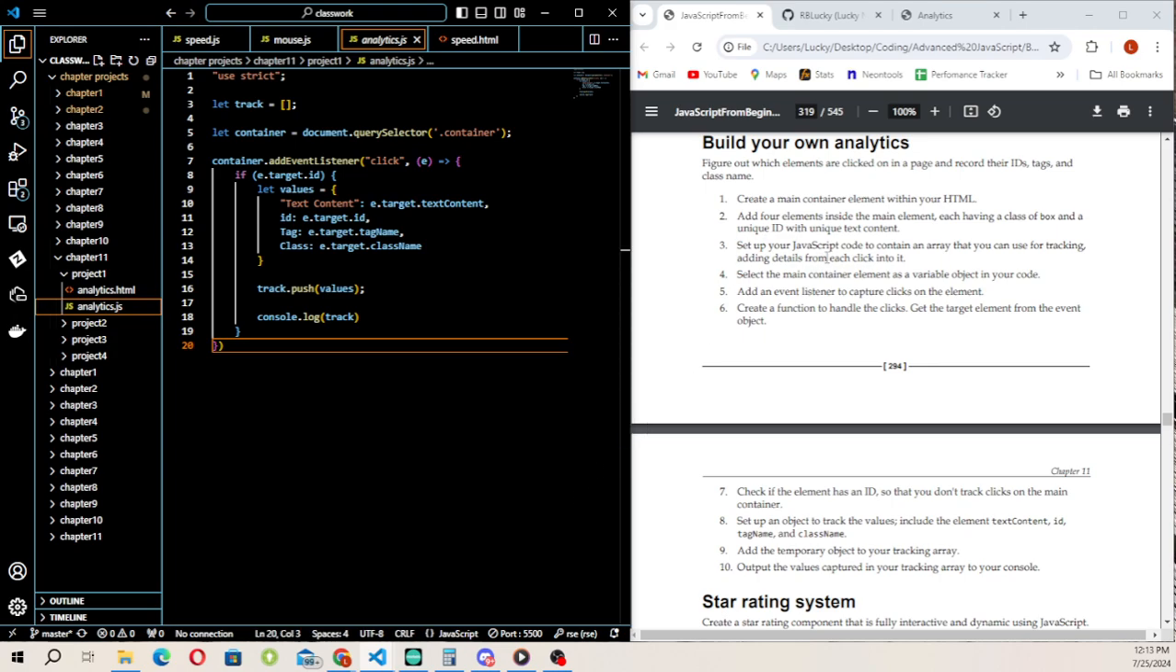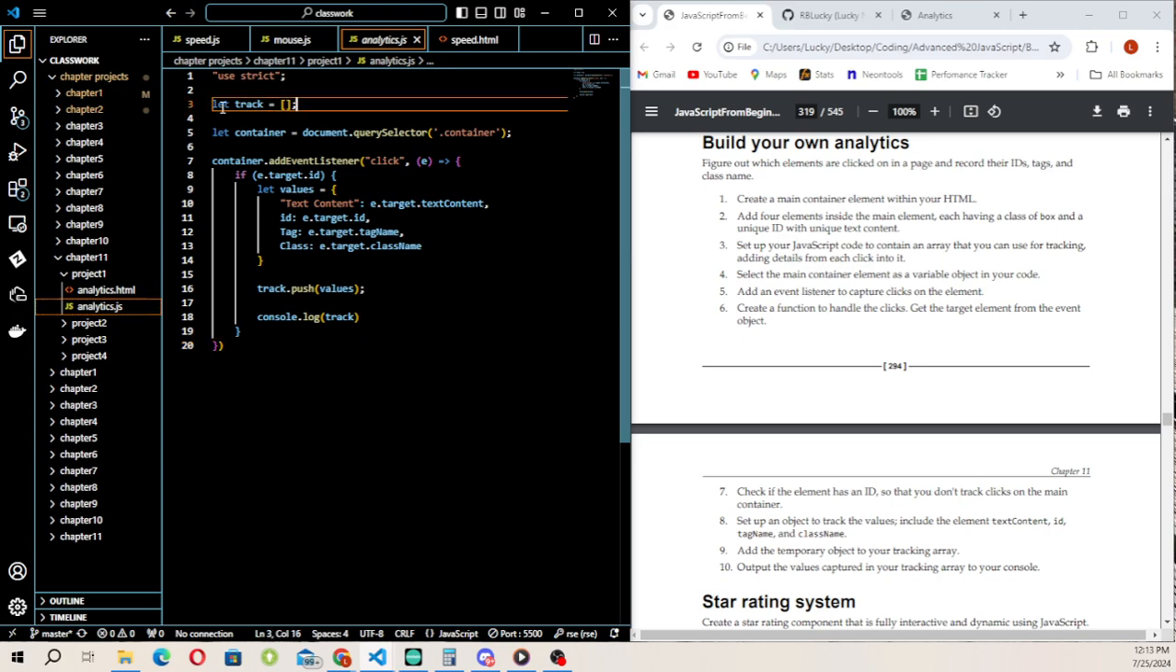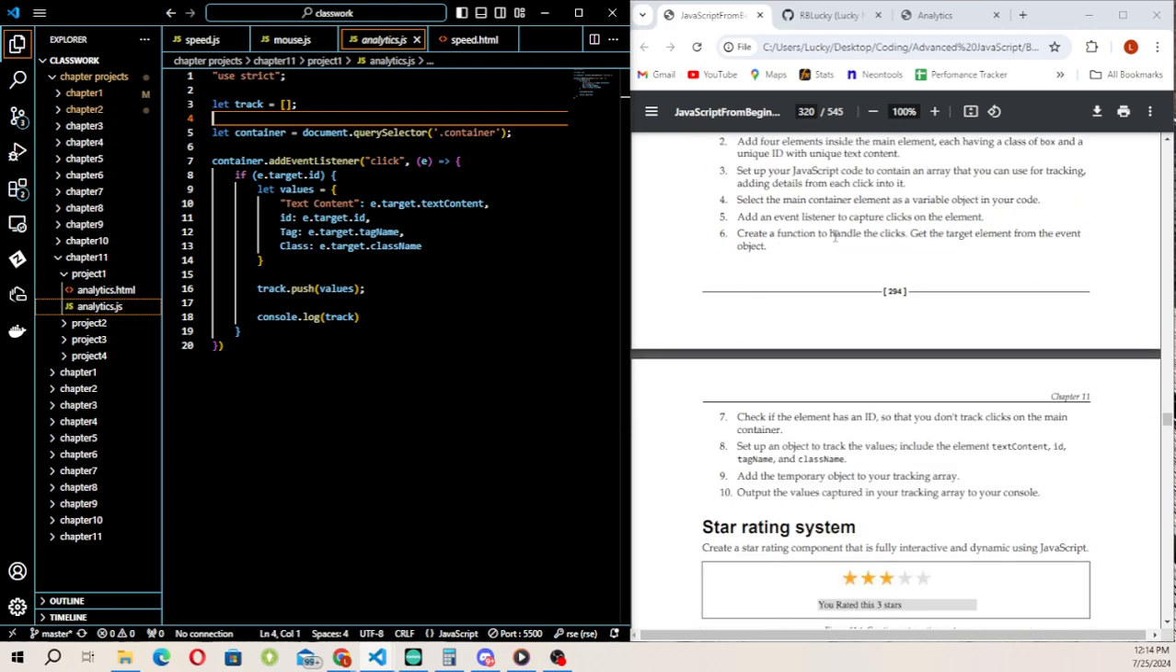And then after, we had to set up our JavaScript code to contain an array that we can use for tracking, adding details from each click into it. I called the array track, and as you can see we start off with an empty track array, and then we select the main container element as a variable object in our code. I created a variable called container, used the query selector method to get the container element, and then after that we had to create a function to handle the clicks,